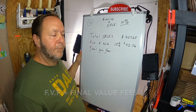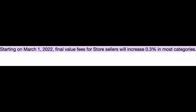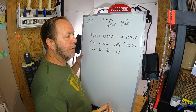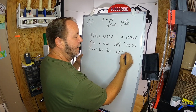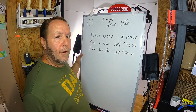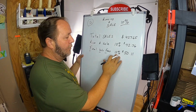FVF, final value fee. Now, generally, eBay charges a 12.9% final value fee. And recently, they just raised up pretty much almost all their fees to 0.03%. But for this application, we're just going to say 13%. So if we take the final value fee from all those sales, then in this case, eBay is going to take another $50.11. So they're taking $42.70 for the sale that sold, the item that sold, and they're taking another 12.9, 13%